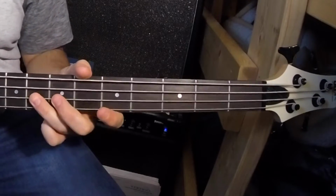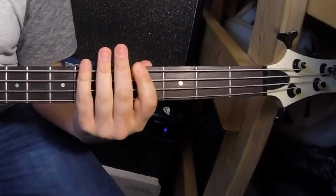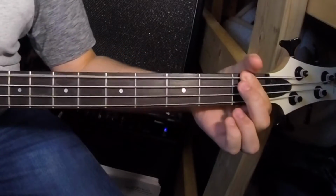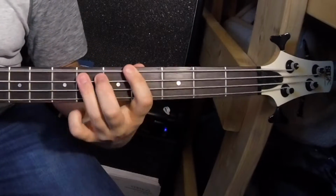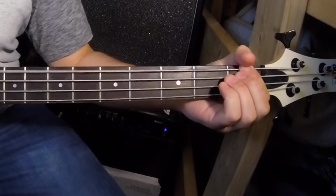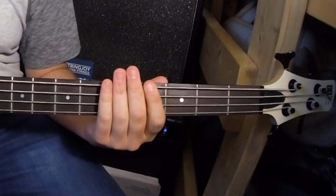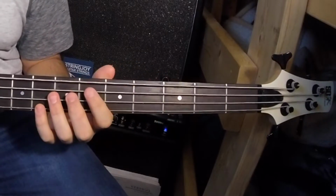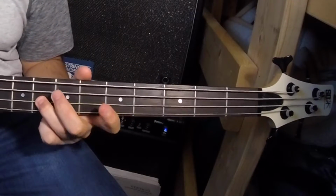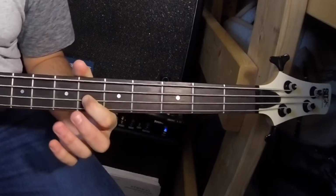So far what we got is this. And then we're going to do part 1 again. And then we're going to do what we just did, except instead of going hammer on to the 8th, we're just going to stay on our 6th fret of the D string. So this end is...